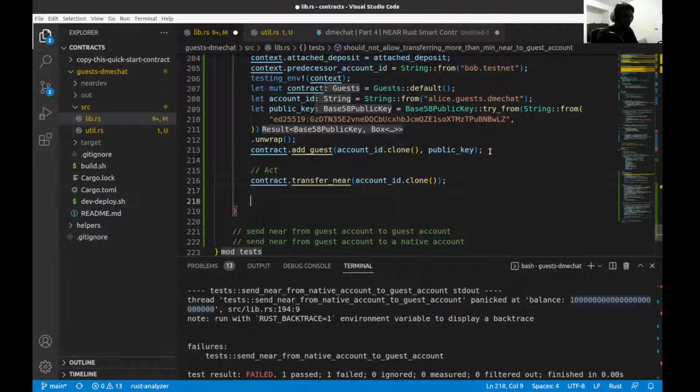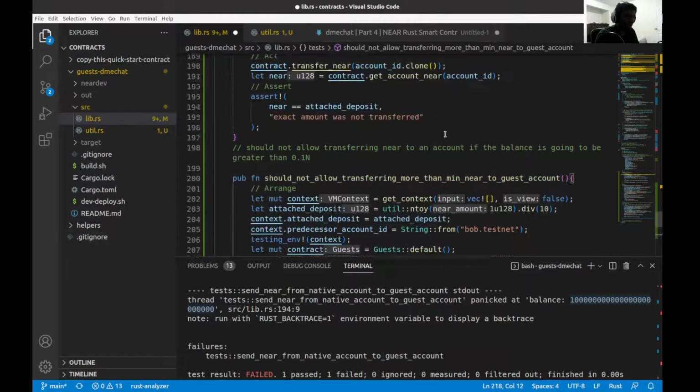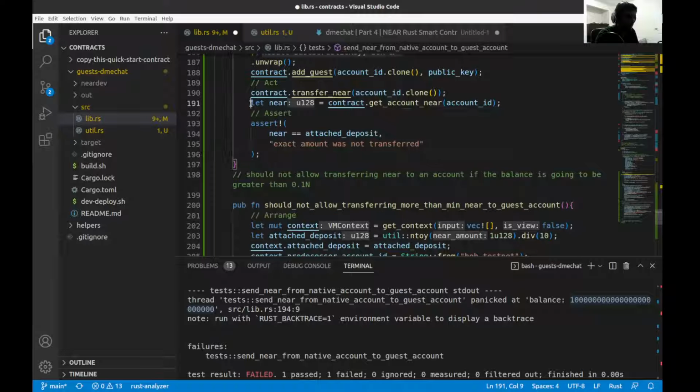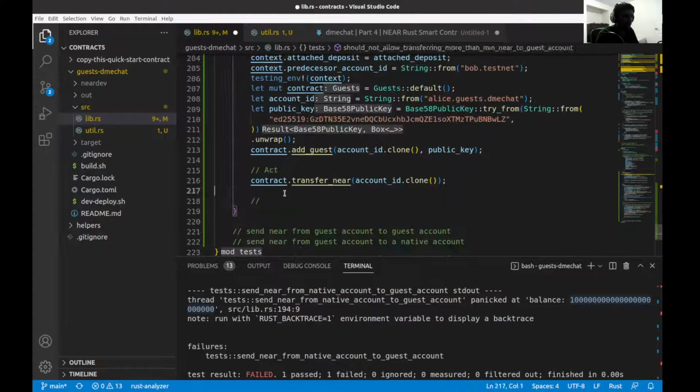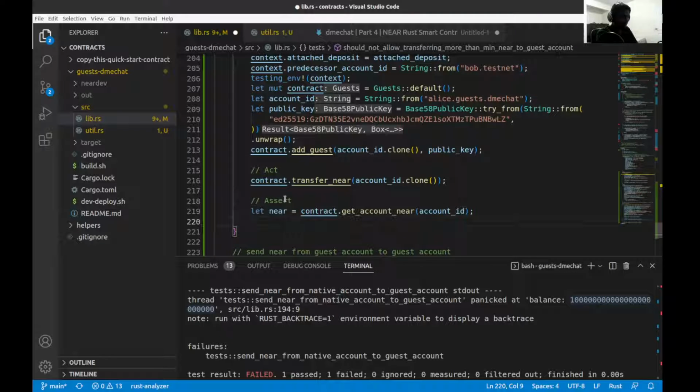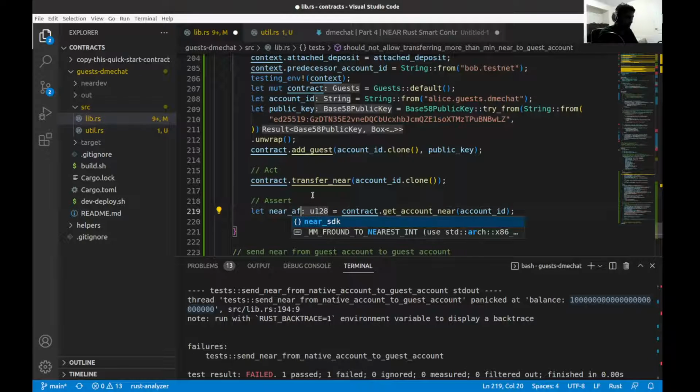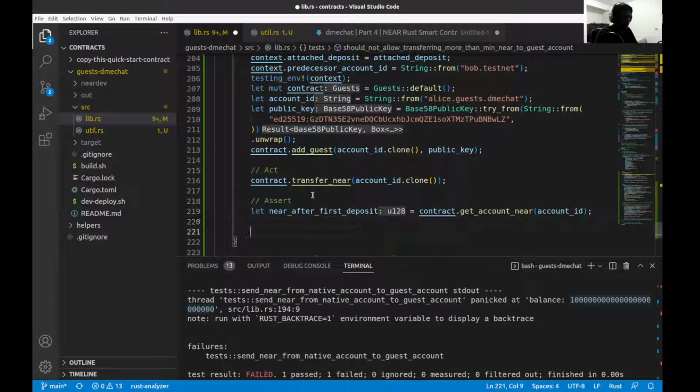The first time it should be okay. It will allow us to retrieve our near after first deposit, and then we want to do the same thing again, transfer near another time,